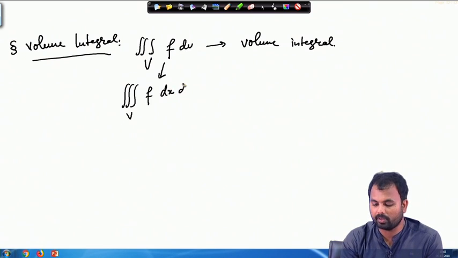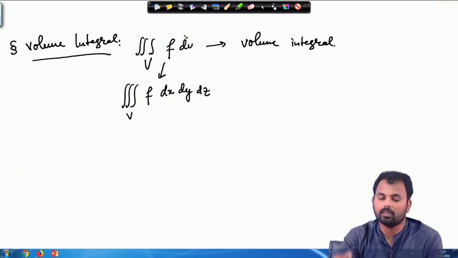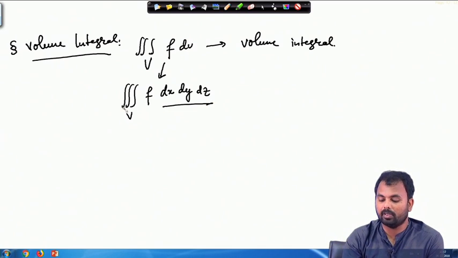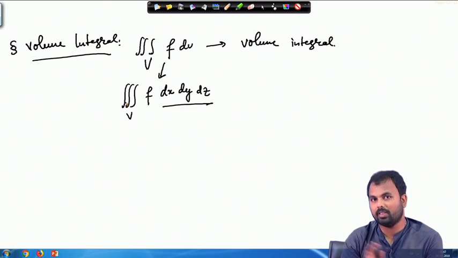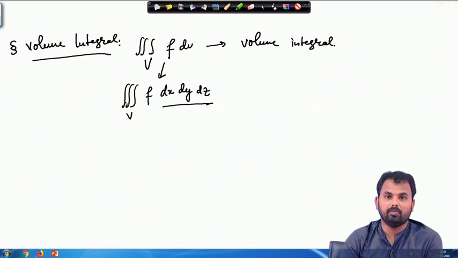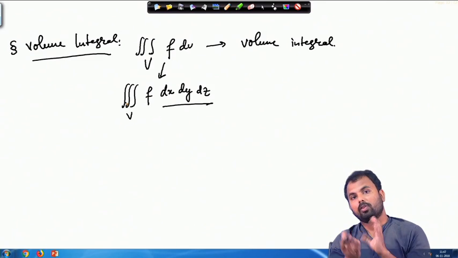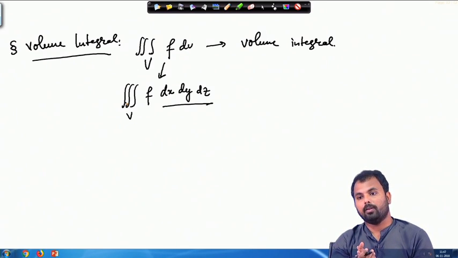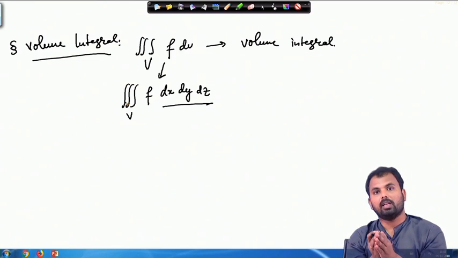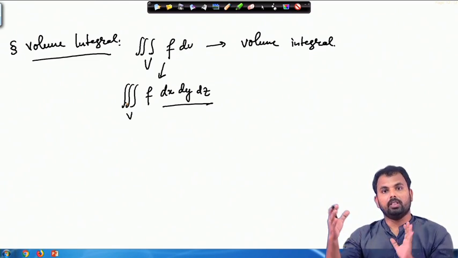Some people prefer to write dx, dy, dz, some people write simply dV. If you write three variables with just one integral, that means it is a volume integral. So, basically any triple integral is like a volume integral, where you are calculating the volume enclosed by that particular surface,